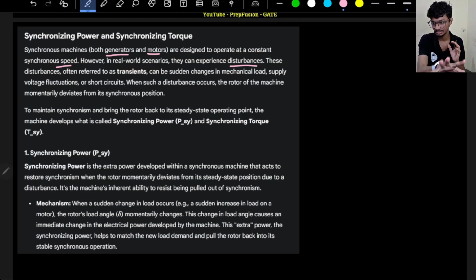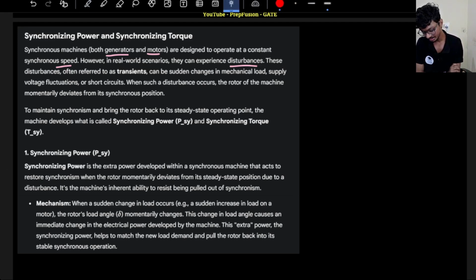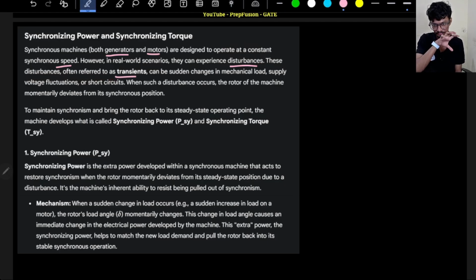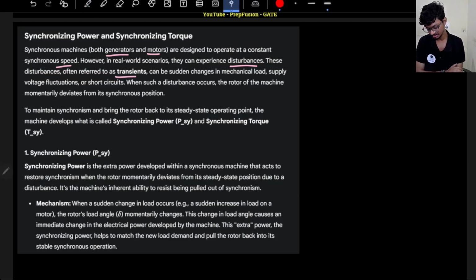If I suddenly give it a load, if suddenly the load current has increased for a generator, or for a motor, a mechanical load has increased, then they will experience disturbances. These disturbances are often referred to as transient, just like in a simple RC circuit when the condition has changed suddenly. That is known as the transient state. So synchronous machines will also feel a transient state, and there can be sudden changes due to